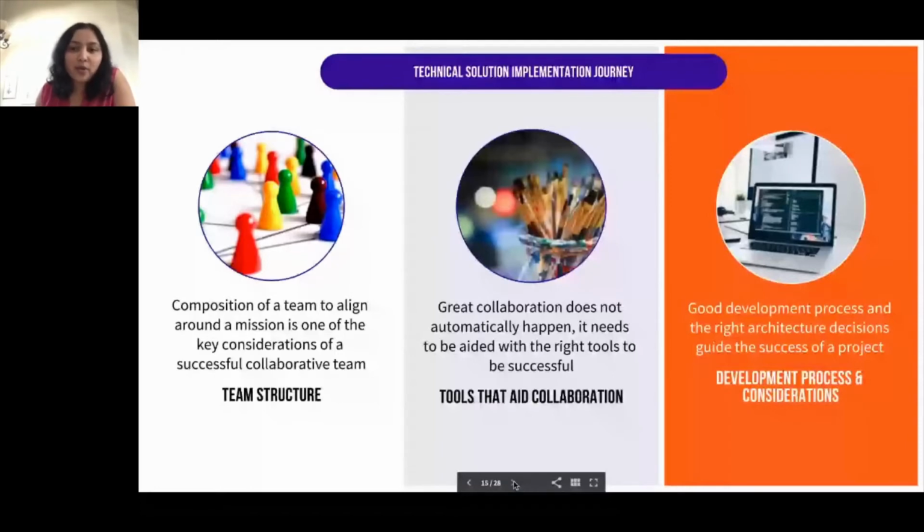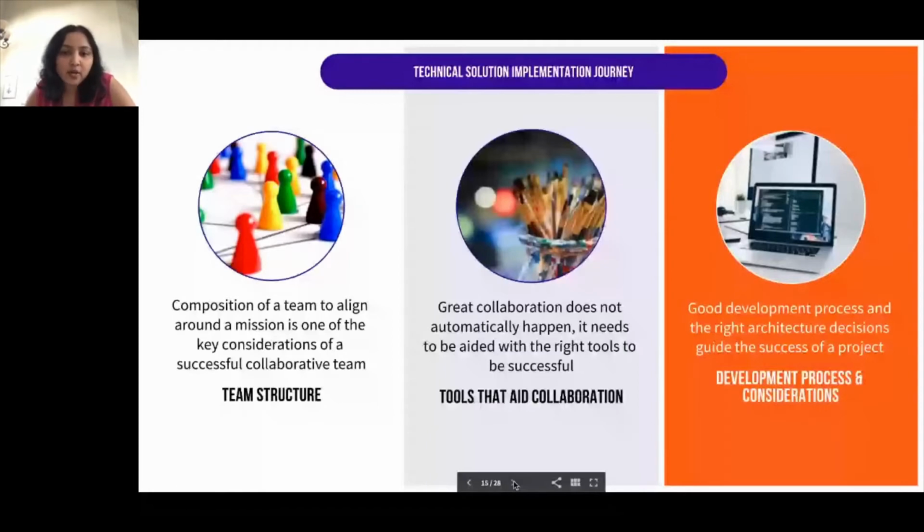So today I want to focus on how we bring these ideas to reality. What does that process journey look like? There are 3 important pillars, as you see here, to consider when you think about a solution implementation. One is the team structure itself. A famous author, Patrick Dixon, once said, mission is at the heart of what you do as a team. Goals are merely steps to its achievement. Teams that rally around a mission are the ones that are most excited, most successful, and most energized. When we form teams, we should definitely look at composition as one of the key elements.